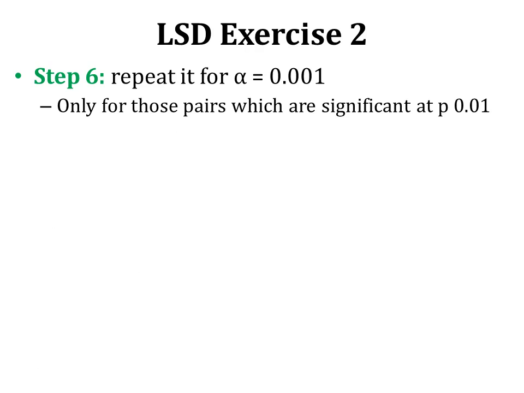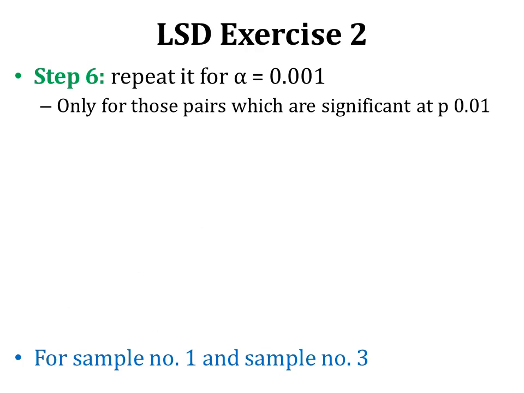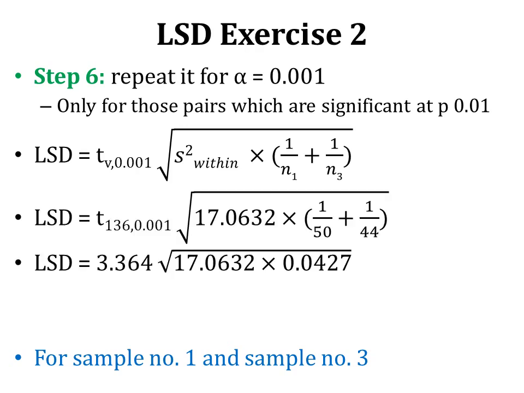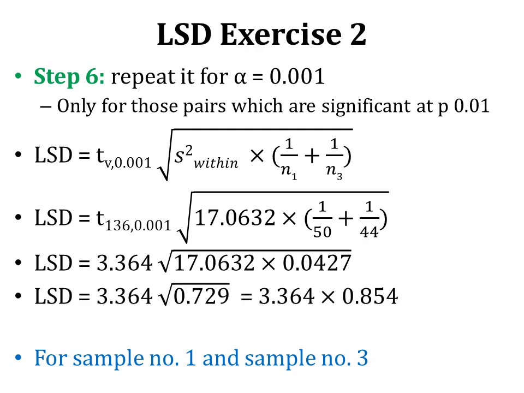We are going to repeat this for sample number 1 and 3, and why are we repeating it? Because the number of observations are different, right? So we have the same values of T and variance within, but this time the number of observations are different. Number of observations in sample number 1 are 50, and number of observations in sample number 3 are 44. So therefore, we are going to get the value of 0.729. We are going to take the square root of this value, and this is 0.854. We multiply that by the T value, which is 3.364, and we get our LSD, which is 2.873. So this is LSD, or the least significant difference, at 0.001 level of significance for sample number 1 and sample